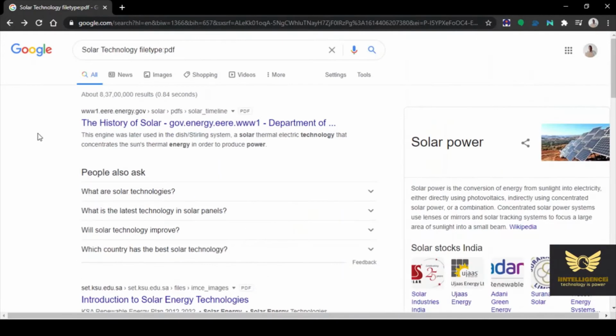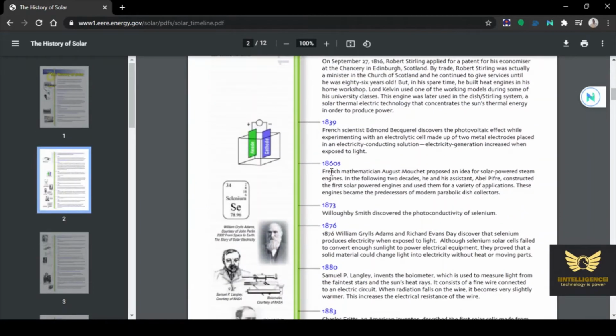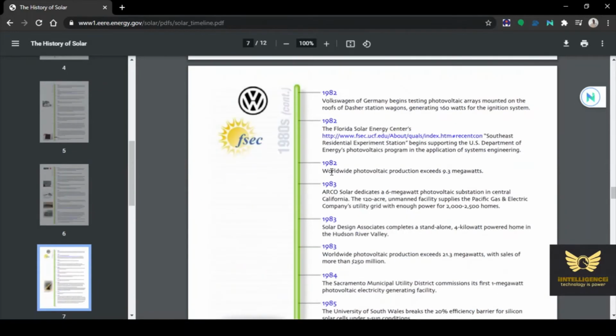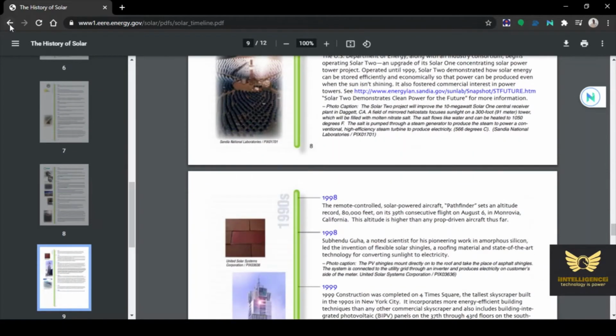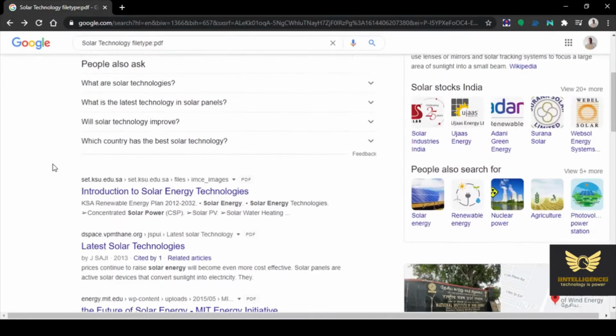Again coming back, you can go for the next option if you want. Yes, I'm just clicking onto it. It consists of 12 pages. So in this type of streamlined search, you are getting the PDF document that you want.